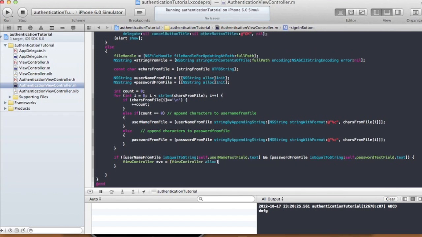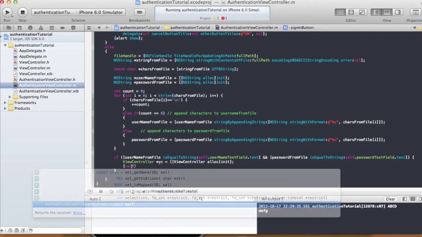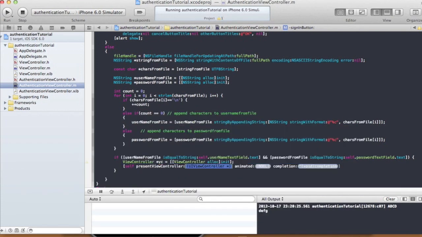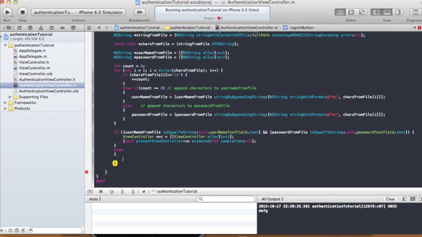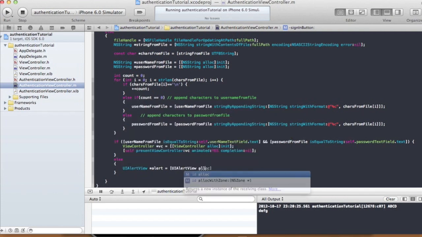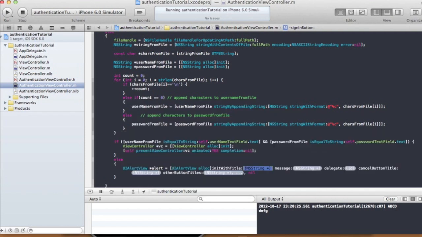ViewController alloc init, and then we can do self presentViewController vc animated:YES completion:nil. Or else we can show another alert saying the username and password doesn't match. So do a UIAlertView alert equals UIAlertView alloc init with title. Title will be mismatch, and message will be